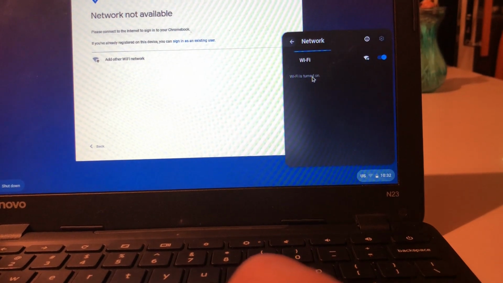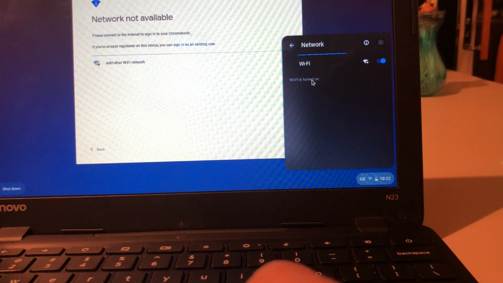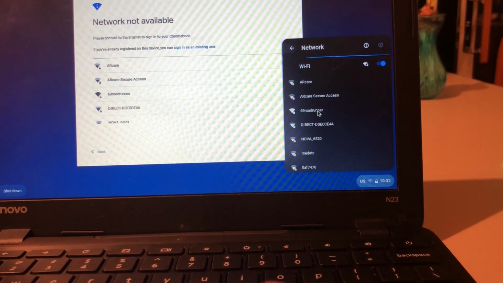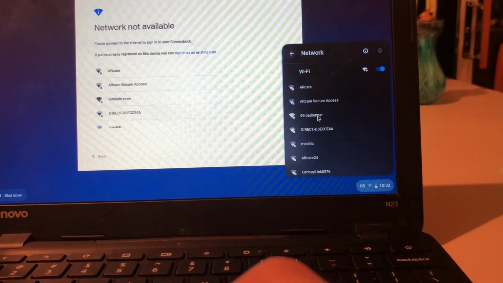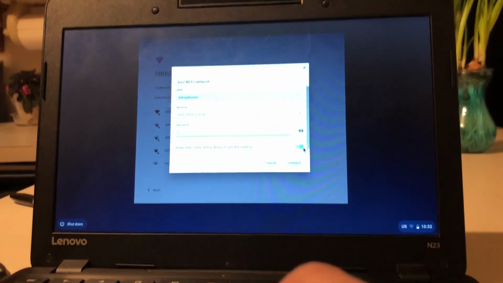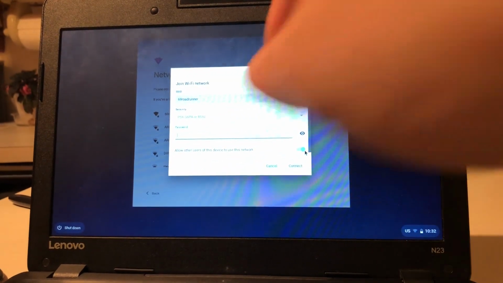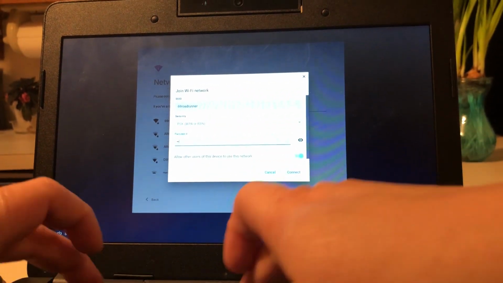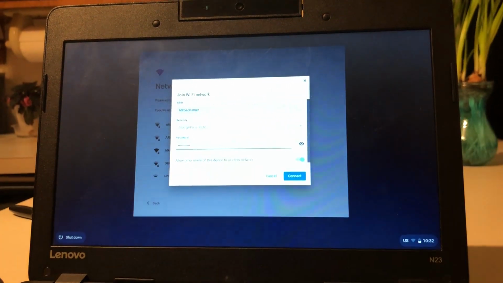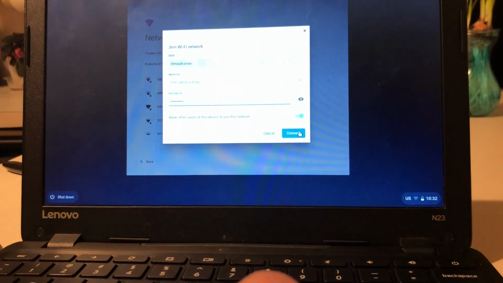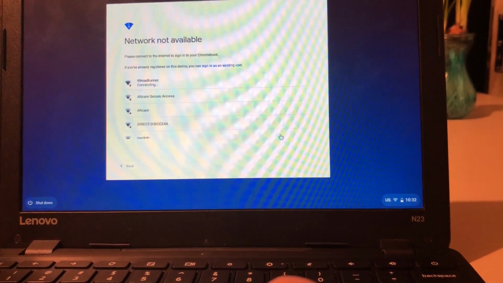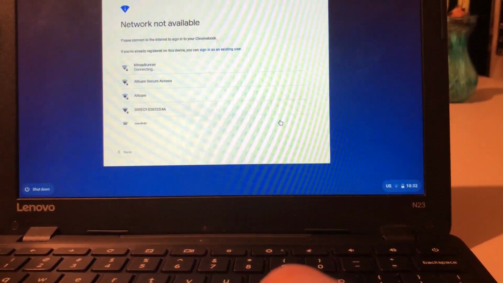So you're going to click this, and then it's going to pull up the different networks that are available to you. And I know that this is our house right here. So this is our internet server. So I'm going to click on it, and then I'm going to enter my password because it's ours. So I know it. Okay. And then you just hit connect. So once you do that, that is how you're going to connect to the Wi-Fi from your home once you